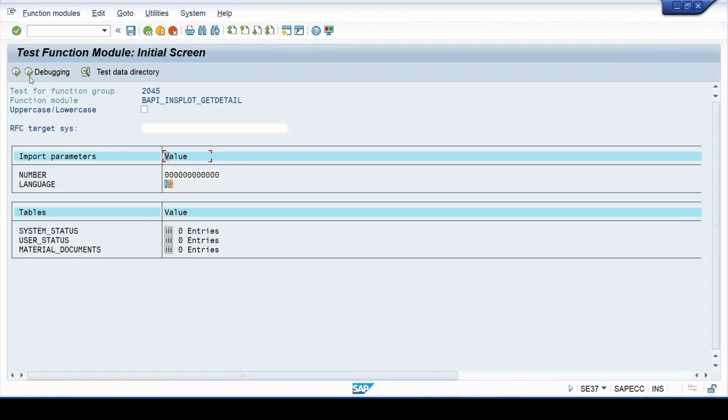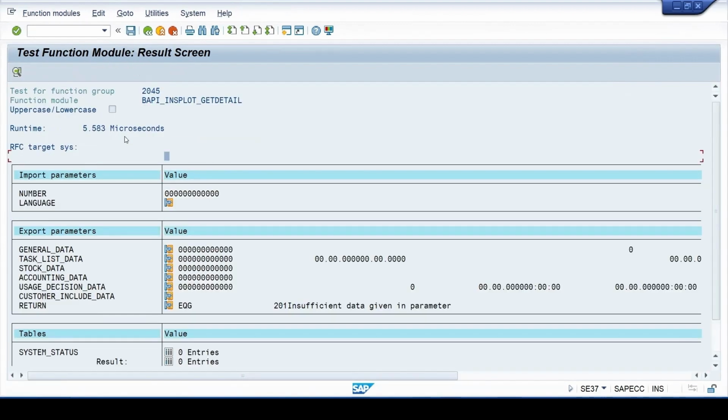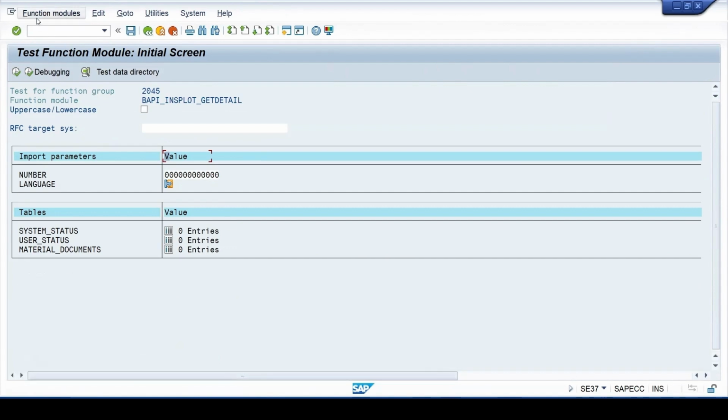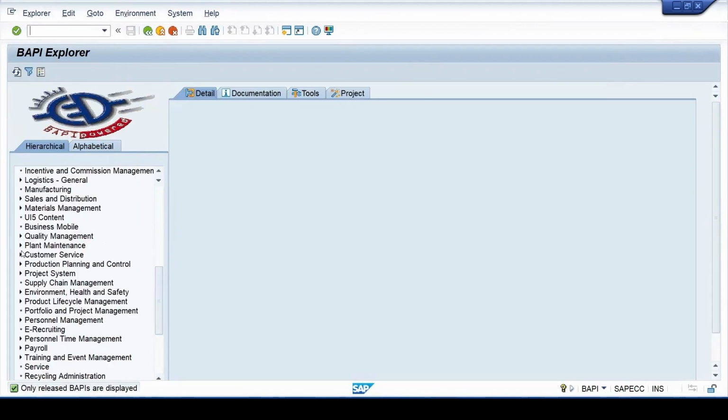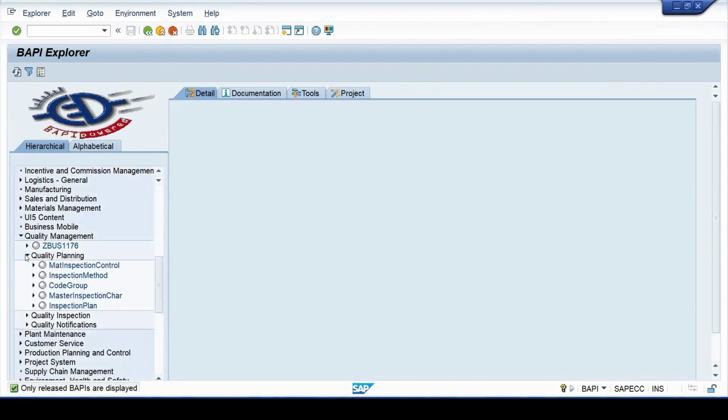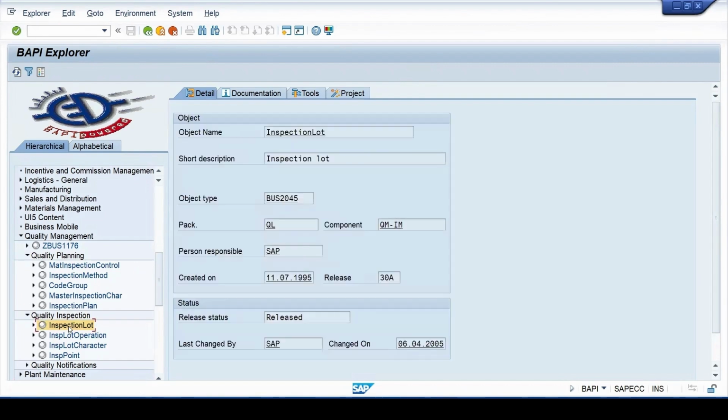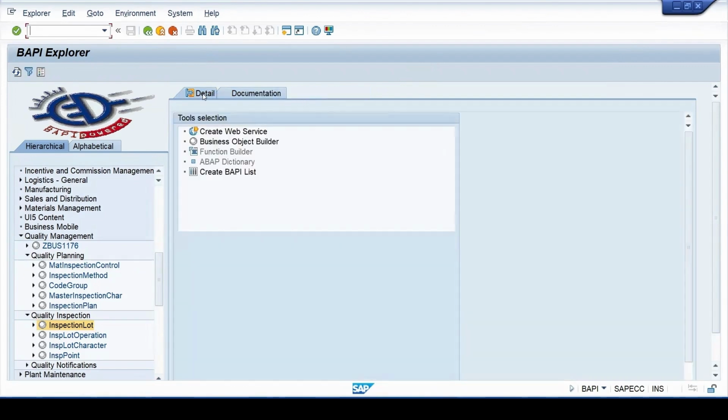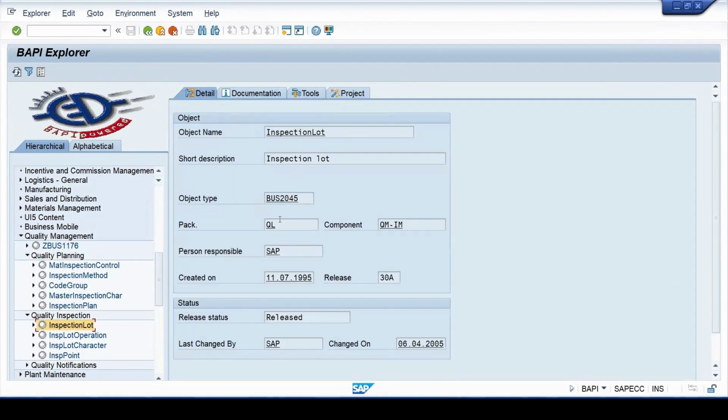Let me execute it. There is documentation also available for it. Maybe in the BAPI it is there. So inspection lot. Here also I will get further details. Here you can see the package is coming as QL, to get the idea of the purpose of that particular thing.